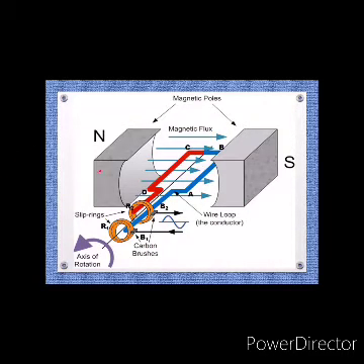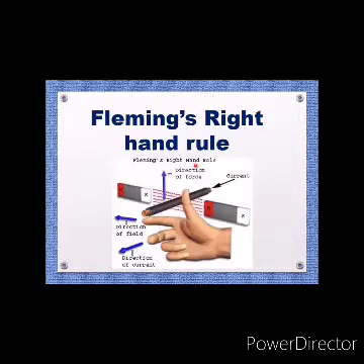So now here also, just observe, earlier I had A and B this side near the north pole. Now I have C and D. Remember, as the poles or the sides of the rectangular coil change, even the direction of the current also changes. Earlier it was from B2 to B1. Now it will be from B1 to B2. So we are deciding the direction of the current using Fleming's right hand rule.